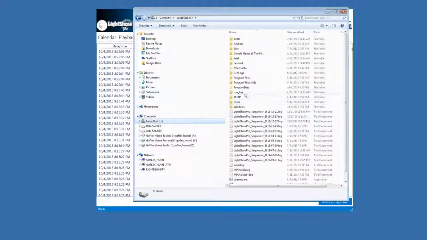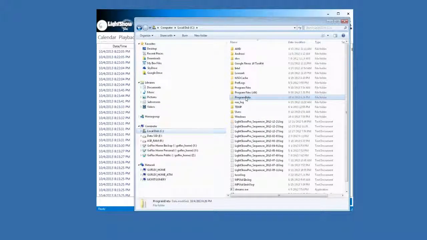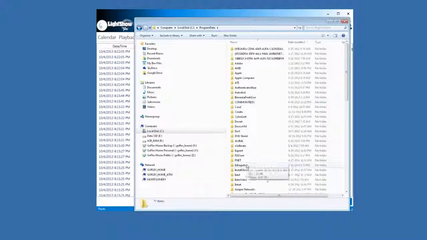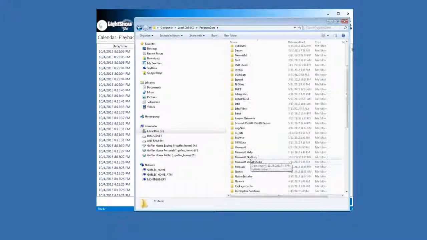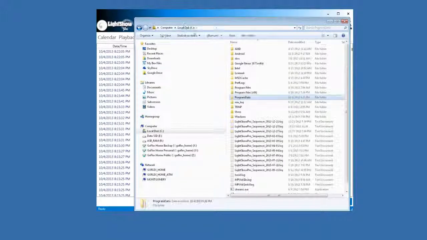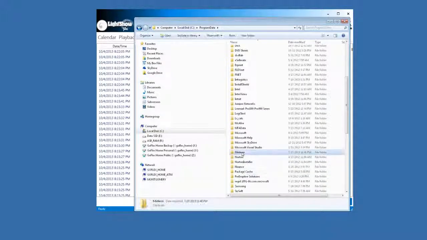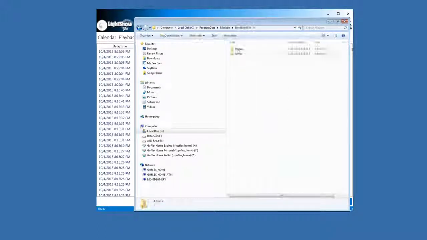What we've done with the scheduler is it's using the program data directory for storing data and any of your database and log files. So if you go to C, and this is the program data, not your program files, it's under Minleon, Show Pro, and under the server directory, and this is your database file right here,